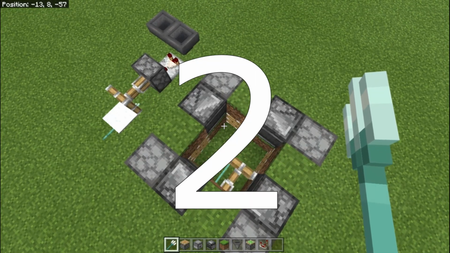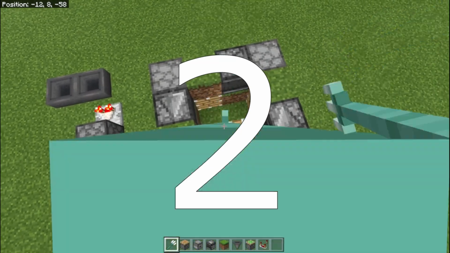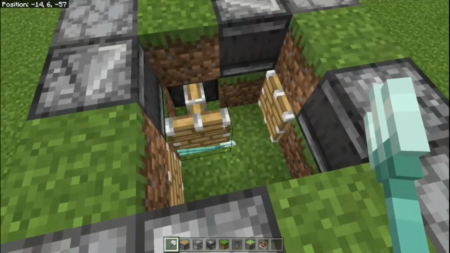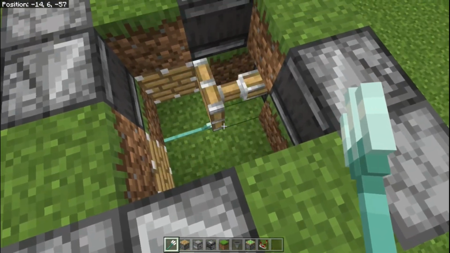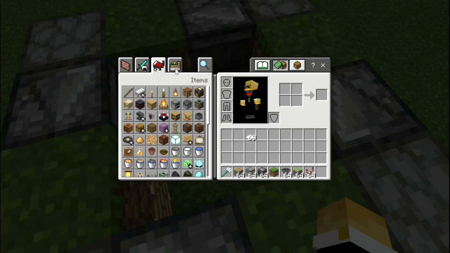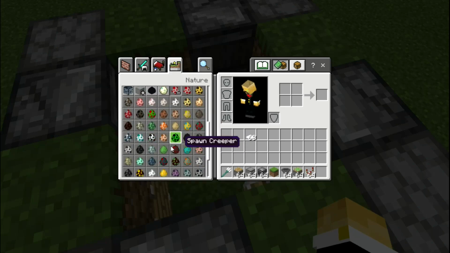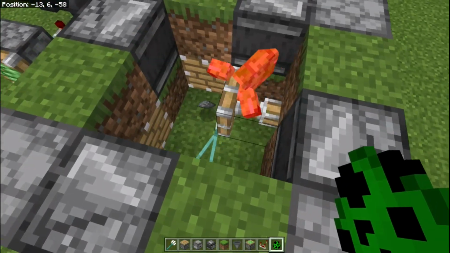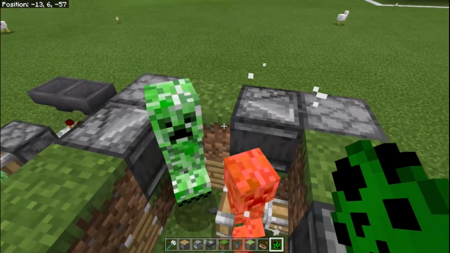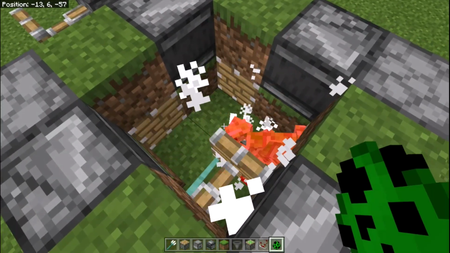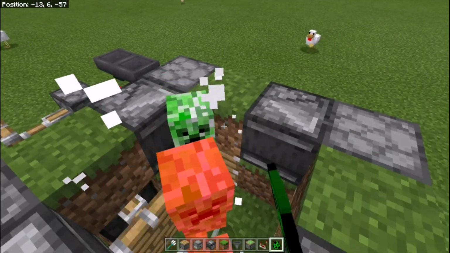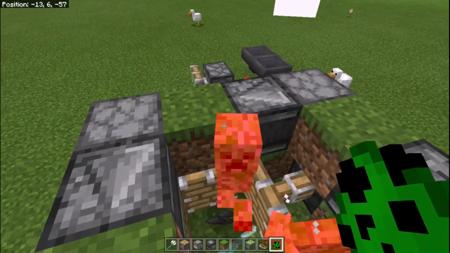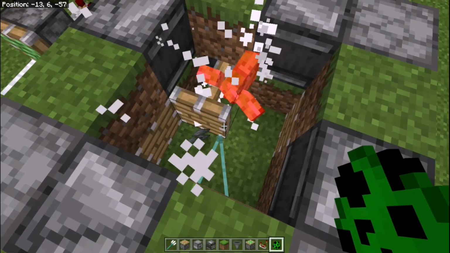Reason number 2 is the Trident mechanics on Bedrock Edition. Now, normally I would put mechanics all in one big category on their own, sort of like their own features category, but Tridents are a very important feature that, in my opinion, deserve their own category. The reason for this is Trident Killers are a thing in Bedrock Edition and they are not in Java. Trident Killers are a very important game mechanic on Bedrock. They are a mechanic that allows you to actually kill mobs without having to do anything and get the experience and apply looting to the killing effect.